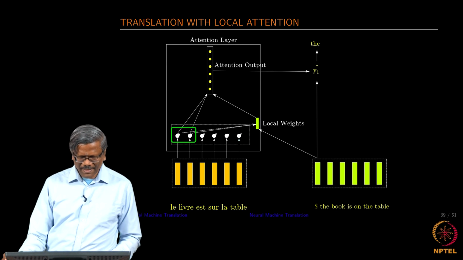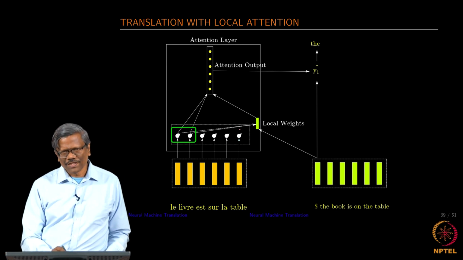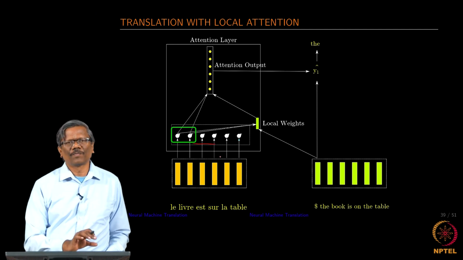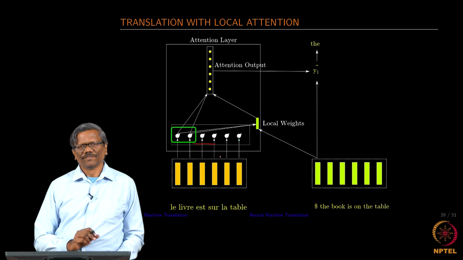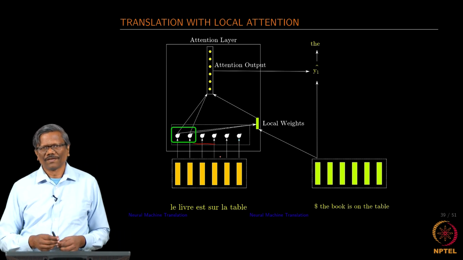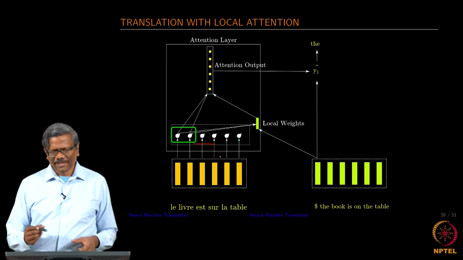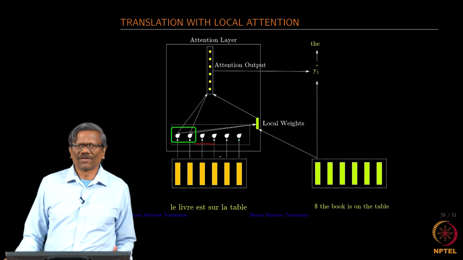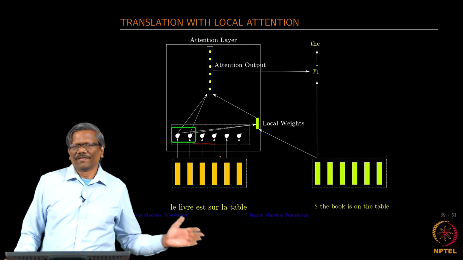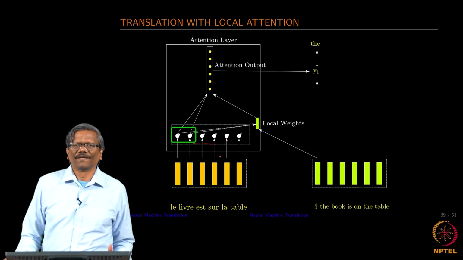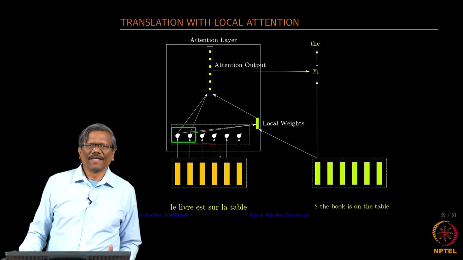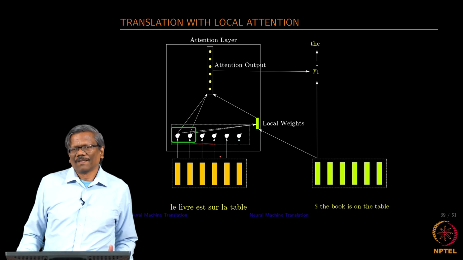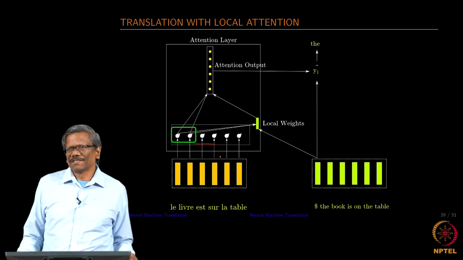Now this is what I was talking about in the previous slide, the translation with local attention. Rather than peeking at every possible hidden state, I want to only look at portions of that. Why are we doing this? You remember in the RNN model, if the sentence is too long, it is not able to remember the first part of the sentence because of the decay in your gradients, even if you use LSTM or GRU.